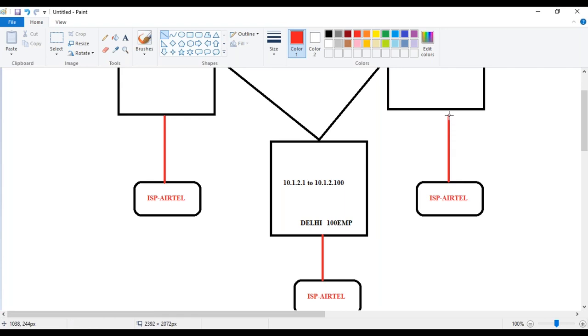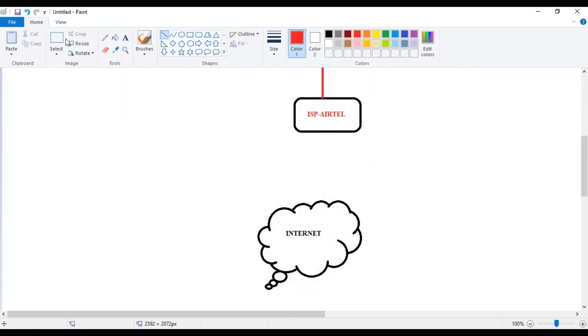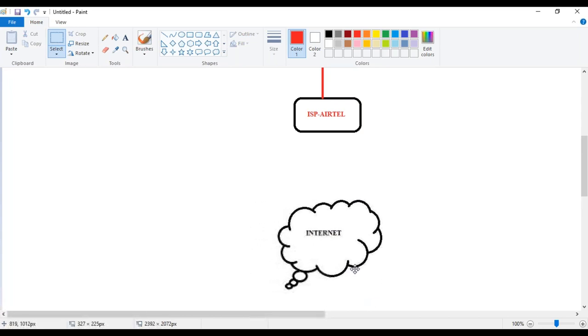Your office will have a switch, and from there you will be connected to the internet. Remember that from there you are connected to the internet, guys.